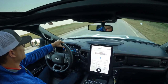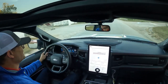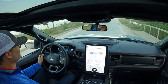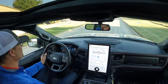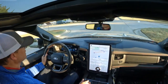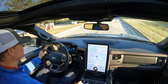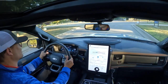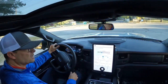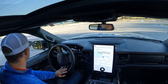So, yeah, it'll move. That was about 20 to 57. Yeah, I would say I've driven this thing a couple days now. It's quick. You know, it's not fast, and I talk all the time about the difference between fast and quick, and put it in sport mode here. And to me it's